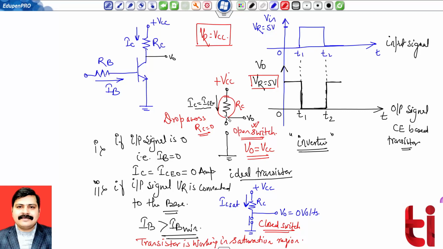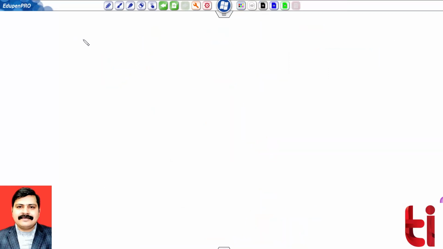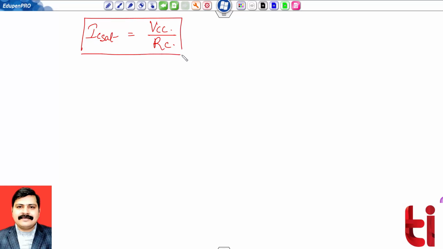First, I need to show you the value of IC saturation current. This IC saturation current will be equivalent to VCC divided by RC, as I have considered the saturation voltage VCE sat